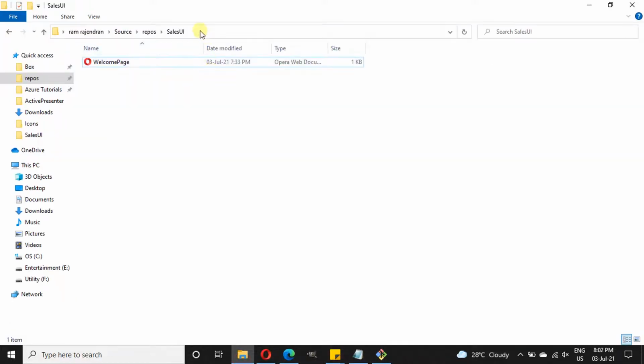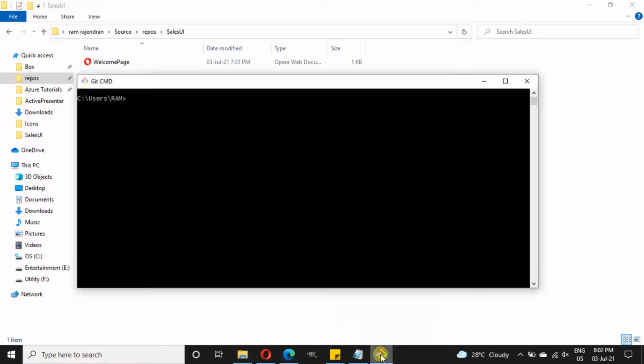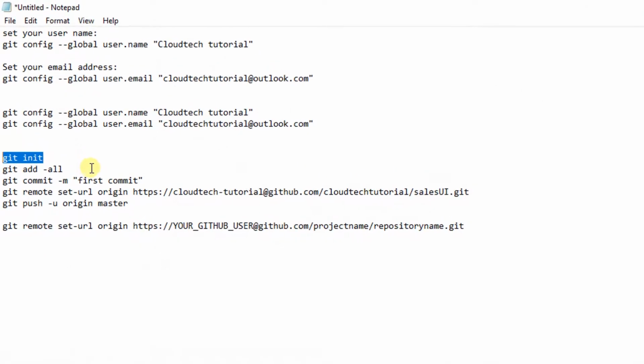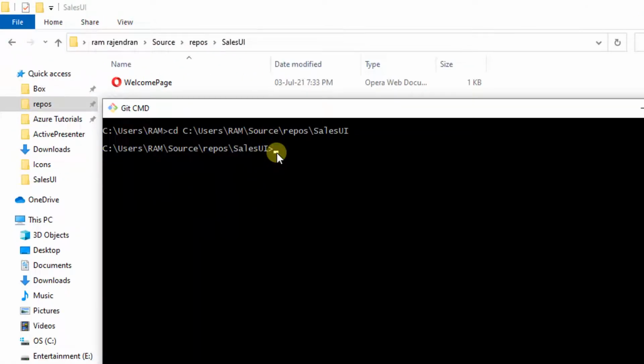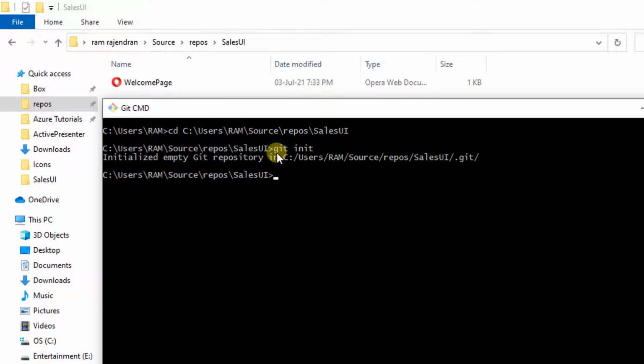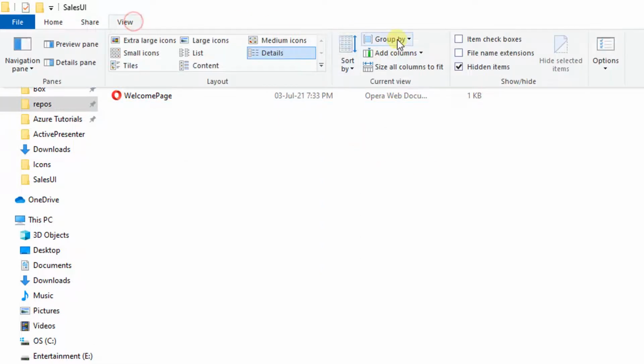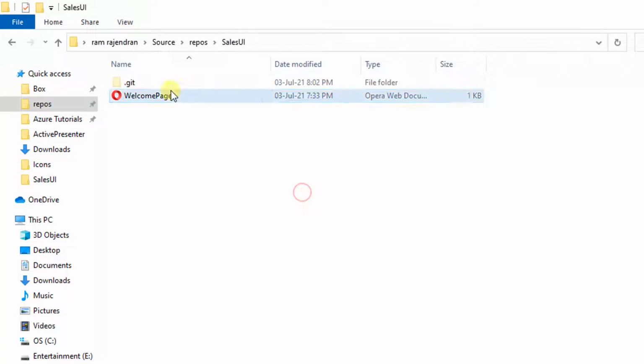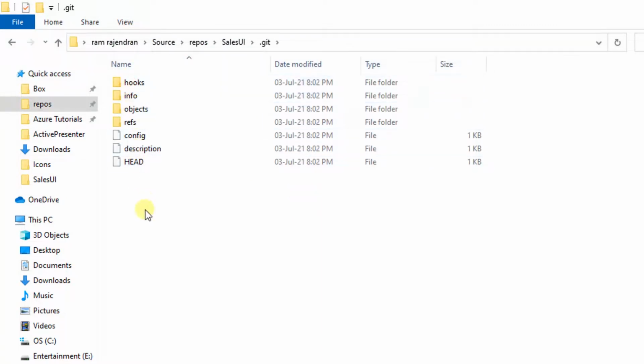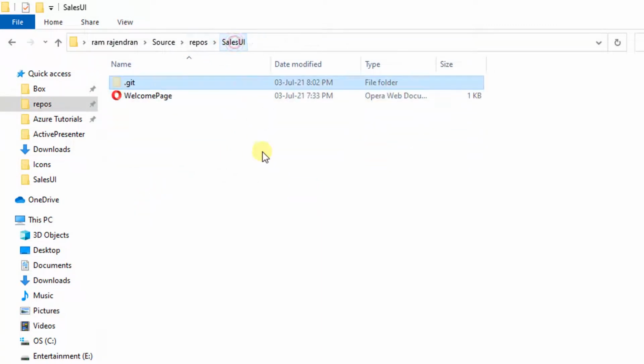Open your Git bash and then just change to this directory. For changing the directory, here in Git bash type cd and the folder. So now we are in our project folder. Here we are going to execute our first command, which is git init. This command will create a hidden folder that consists of all our Git configs. So let me show. This is a hidden folder. If you couldn't find any hidden folder, just click on hidden items. And here you will find all Git related configuration files.